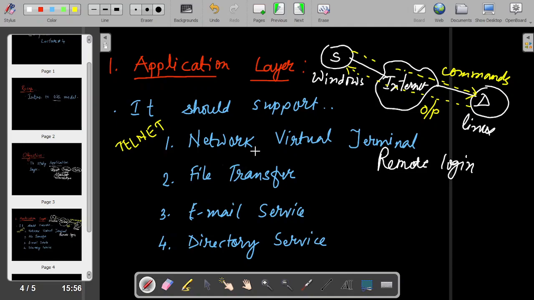The other service that the application layer should support is file management. This one we have already covered first, now we will talk about file transfer. Now the problem is different. Let me redraw the same figure so that you can clearly understand what I mean by file transfer. So we have the same thing, we have the internet,